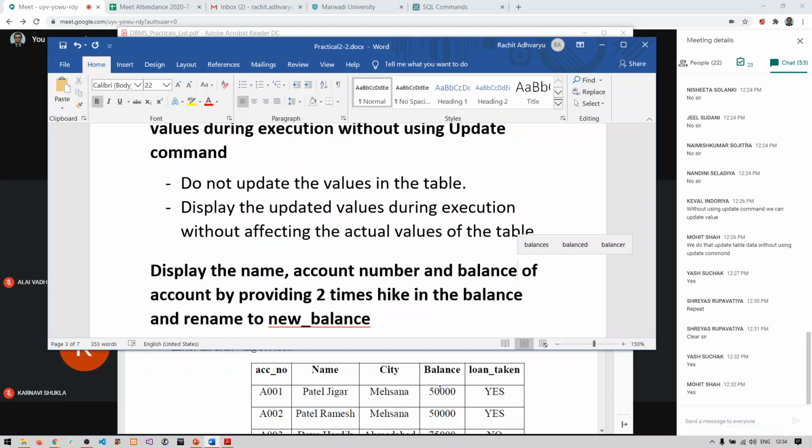Clear? So what we want to do is multiply this particular column's values by 2 and display this balance with a new name called new_balance. Clear with this? How the question works? Clear with this, everyone?